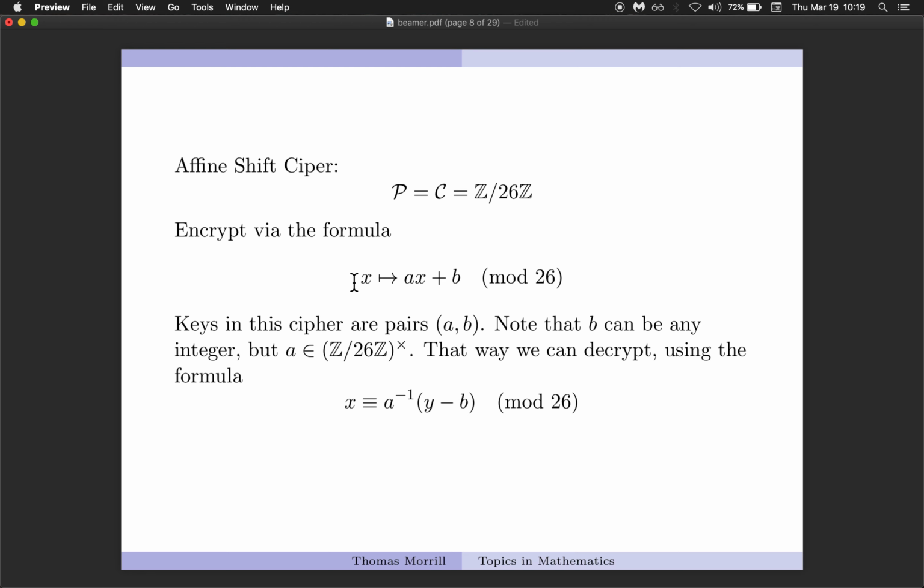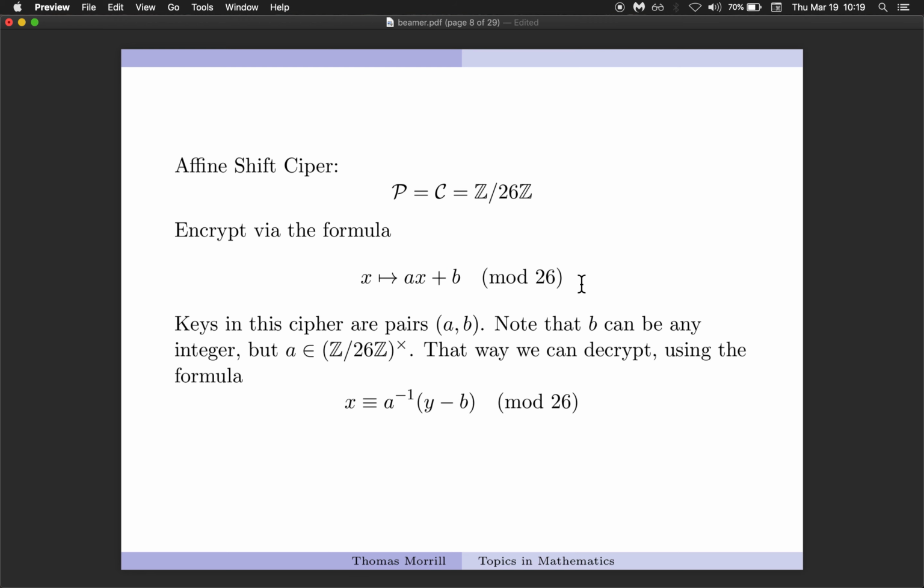I'm going to apply the formula AX plus B, and whatever I get from this calculation, mod 26, is going to be my ciphertext. So this is the formula I'm using to scramble the alphabet. I'm thinking of them just as residues mod 26. And I have two free parameters I can play around with. So A and B are going to just be integers, or residues mod 26. And B can be any integer,